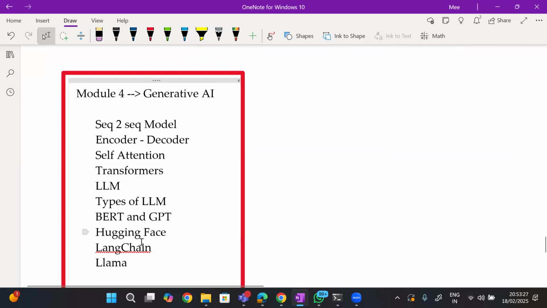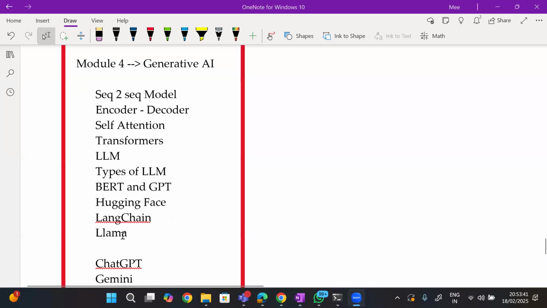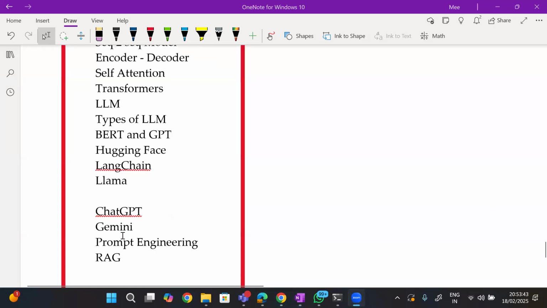Okay. Now we will learn Hugging Face and we will go with LangChain and Llama and we will be doing ChatGPT. We will be going with Gemini and prompt engineering. Of course, we will first be going with prompt engineering over here: what is a prompt, how to give prompts, everything.